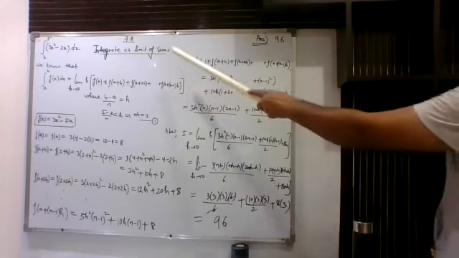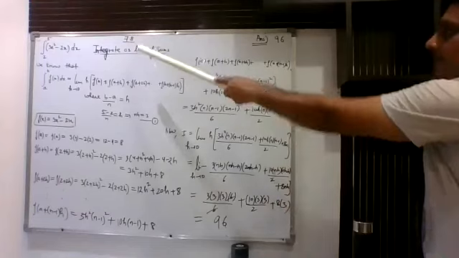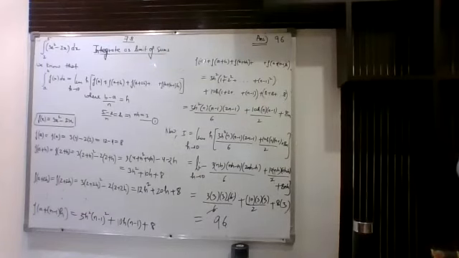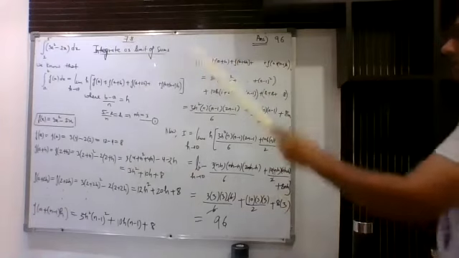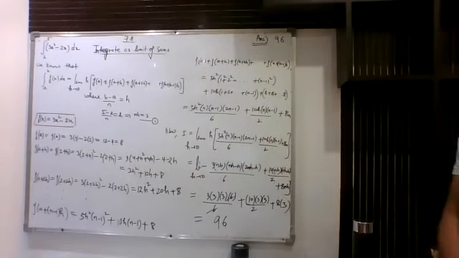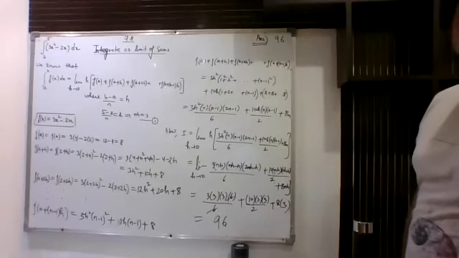Now, in limit as a sum, you can always cross check your answer by integrating this term directly. So you know how to do direct integration. Just integrate this expression and put the limits and you can cross check your answer. So here in limit as a sum, we can even cross check the answer.